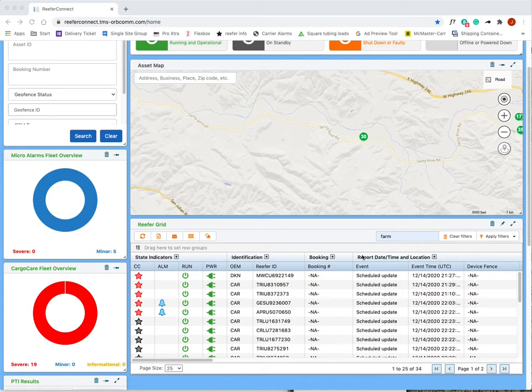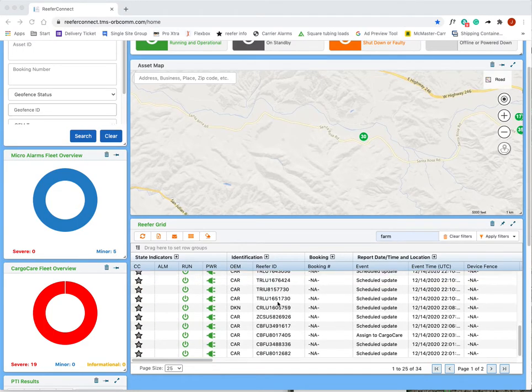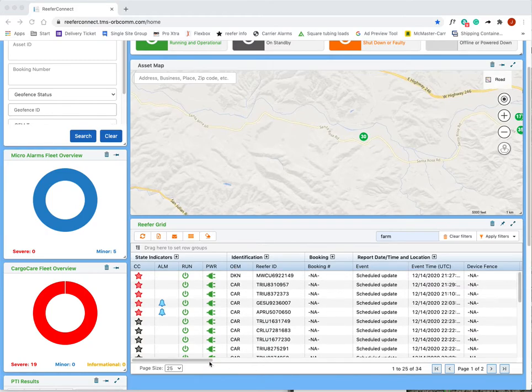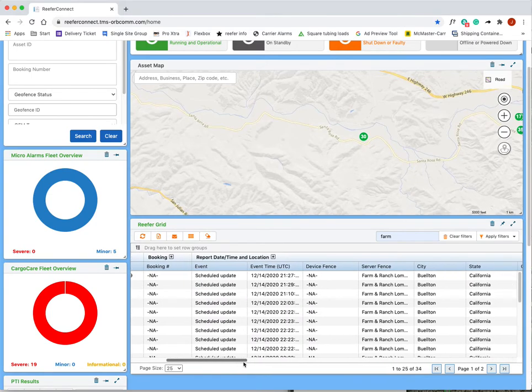Hey, I just want to show you real quickly how you can adjust the different views here to get the information that you want to be easily accessible. So this is kind of what it looks like when you log in. I've got it filtered by farm and ranch here for the group so that I'm just looking at your guys' containers. So you can see here typical info in the beginning, and if you scroll over you can